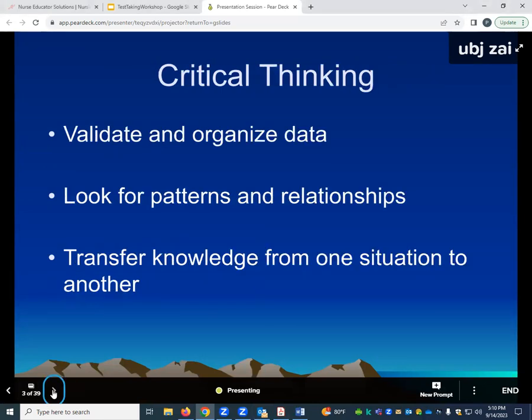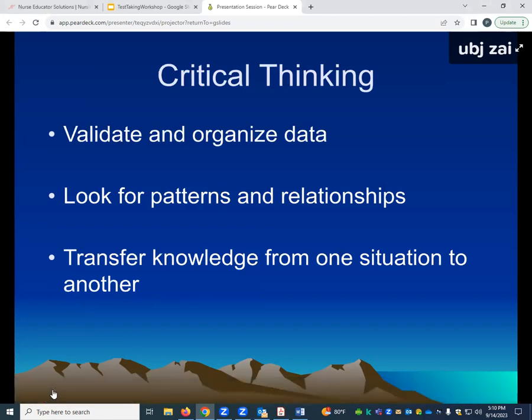So when we get into critical thinking, we're validating and organizing data. We cannot teach you everything you need to know in nursing school, every med, every lab, every disease process. You need to build on your prior knowledge. Look at that NCLEX question. Look for patterns and relationships. How does it relate to something that you already know? If you're looking at a scenario and it's obviously talking about someone with a respiratory disease that you've never heard of, then think back to all the respiratory diseases you do know about and transfer that knowledge into that new